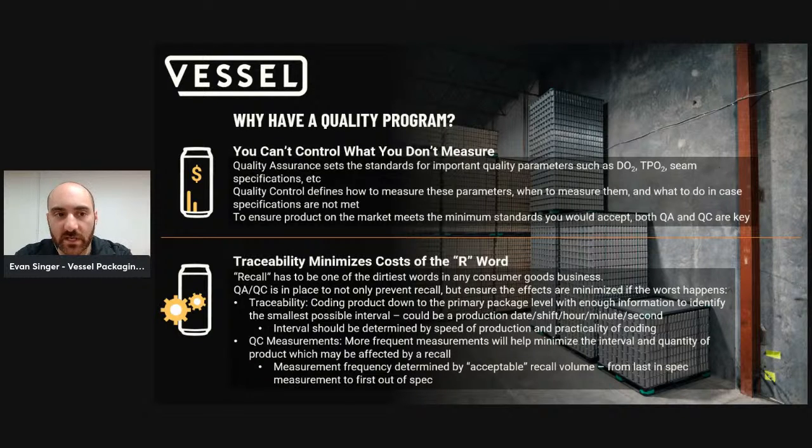And when it comes to coding, depending on the system you have, you may be doing it manually at small scale or with an automated date coder at a larger scale, and just making sure that you get down to the smallest interval that's feasible, whether it's to the can itself, to the minute of production, or if the production is small enough, to the day or even the shift. Making sure that quality control measures are taken as often as possible will minimize the interval for which a potential recall would have to be